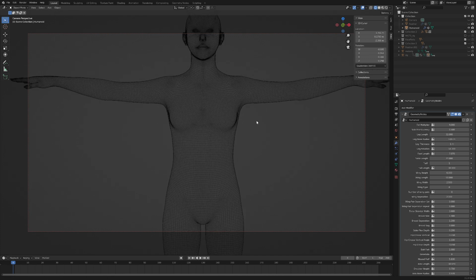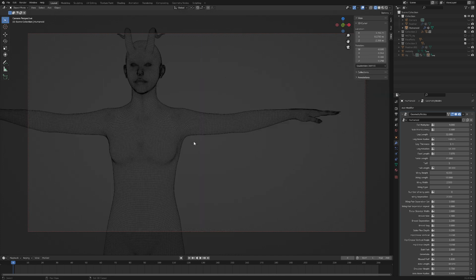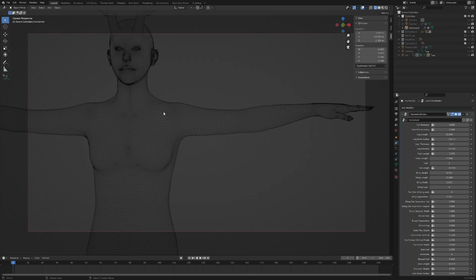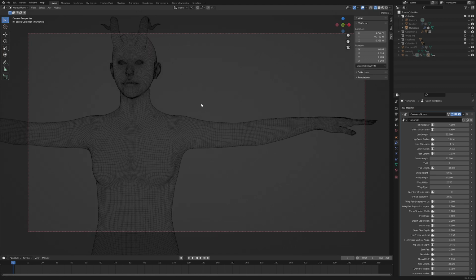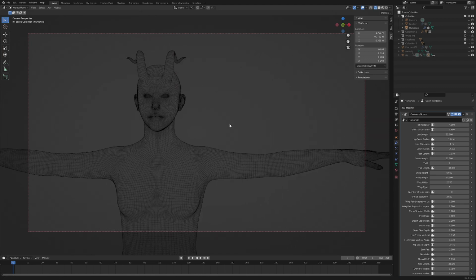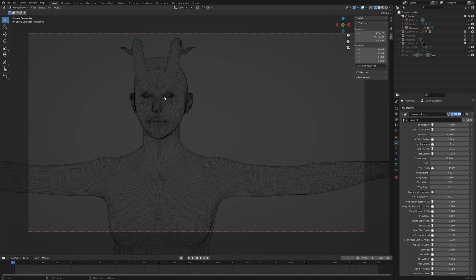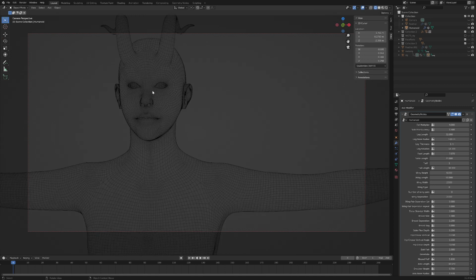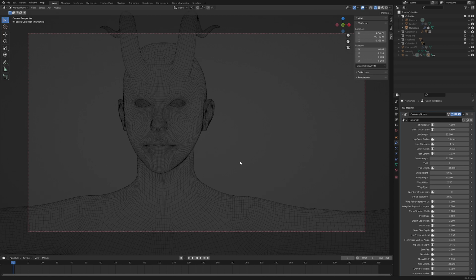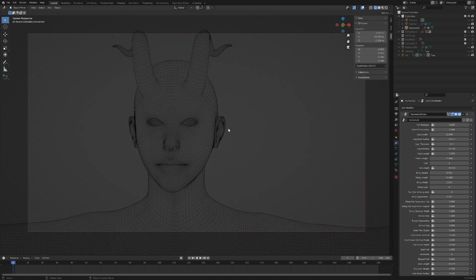I rebuilt the mesh from the ground up, and you can see the mesh topology, like even in the face. This thing is not behaving well. The topology looks a little bit strange. That's because it added in the horns. If I take away the horns,